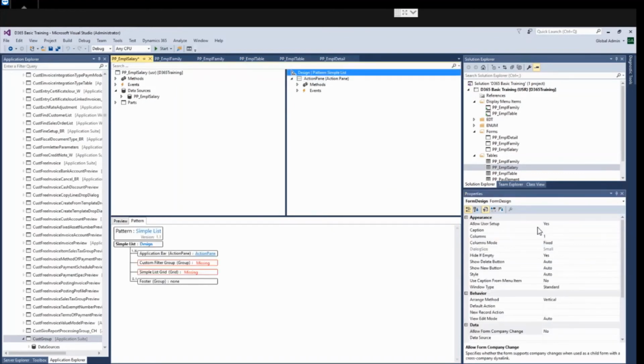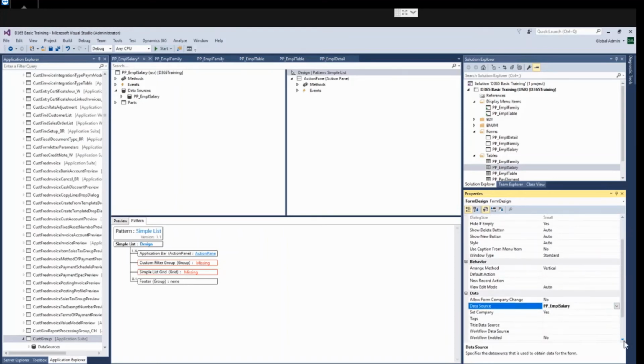And first I will set the properties, caption, data source property, empl salary. One more property to set, title data source.